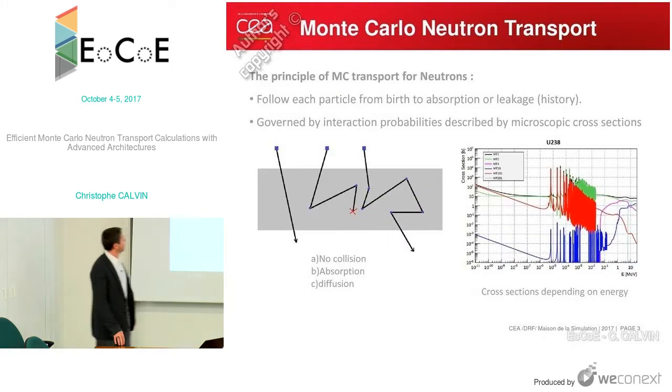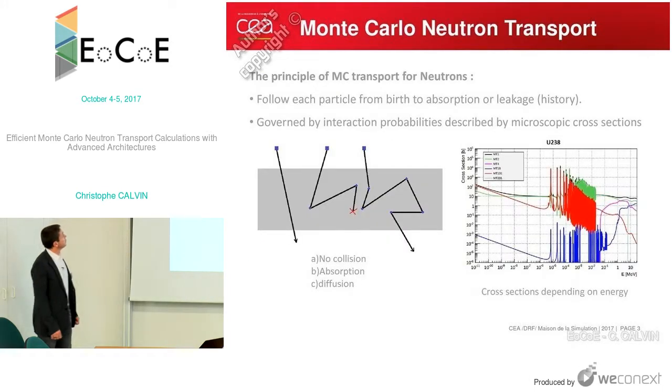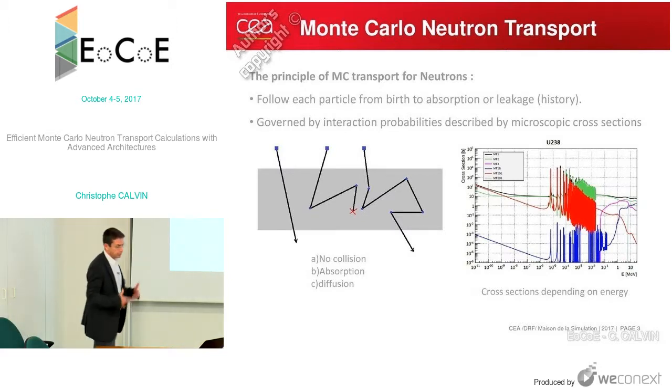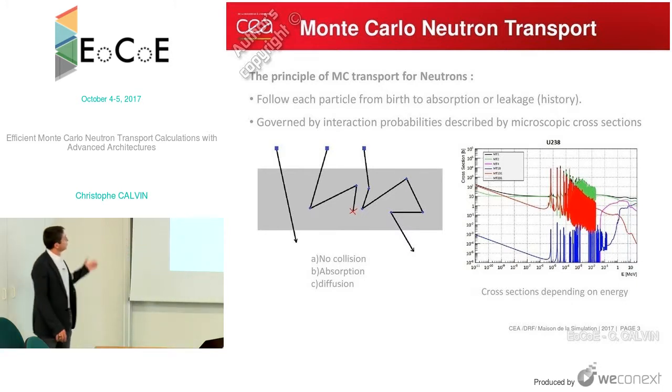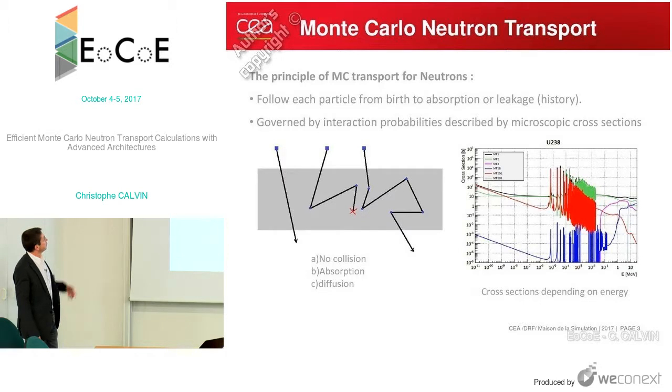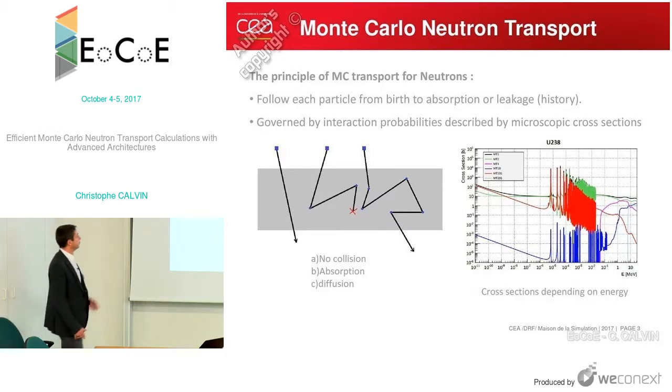Okay, so Monte Carlo neutron transport. The main principle of Monte Carlo transport for neutrons: the idea is to follow each particle from birth to absorption or leakage, so to the death of the particle. And all the trajectories of the particle are governed by interaction probabilities described by microscopic cross-sections. So we can have